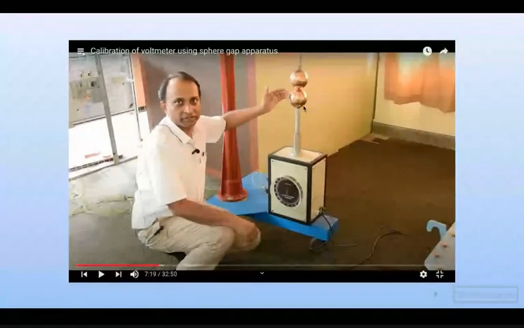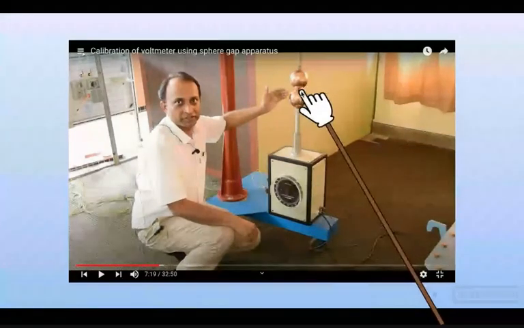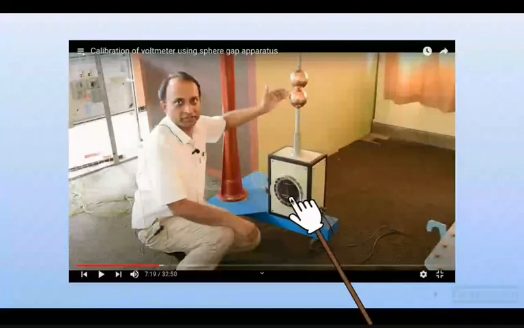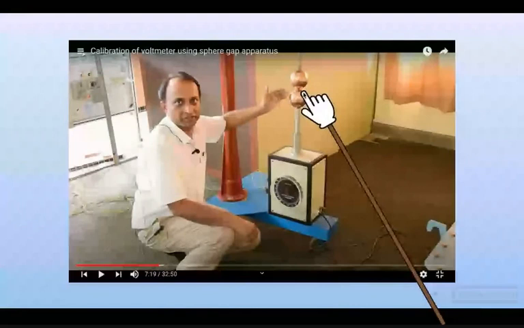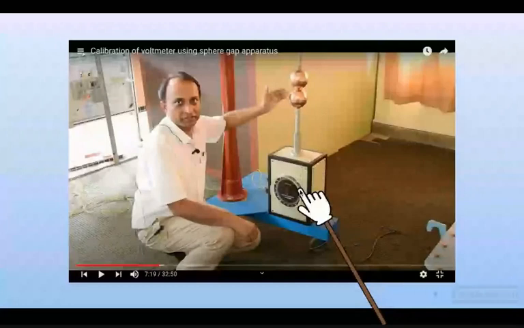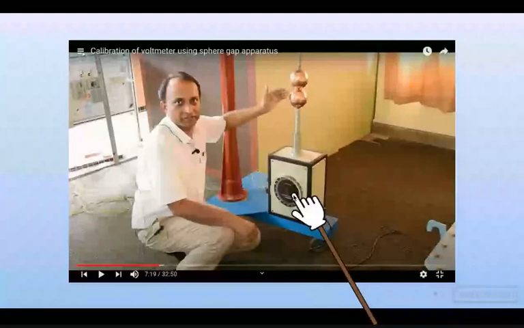Okay, and you can see the top electrode, and the bottom electrode is grounded, and there is an arrangement at the bottom. This bottom arrangement is required for measuring the spacing between the two electrodes. We can measure the spacing between the two electrodes using this particular distance measurement dial, right? So this is a sphere gap assembly. This is a stand. The spacing can be adjusted remotely, as there is a motorized control inside this. And this dial shows the spacing between the two electrodes. This is in millimeters.